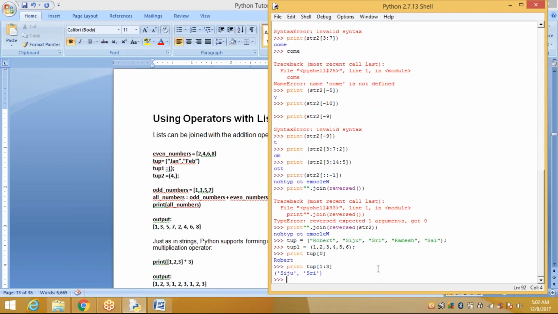How to define the unpacking? See here, I have a tuple with different values. Next, I want to assign the values here.